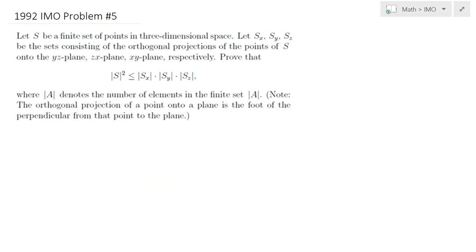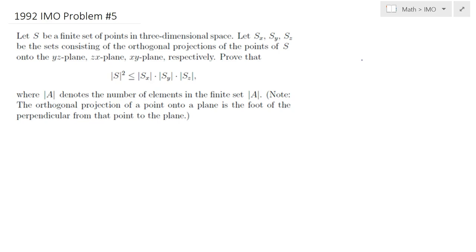Hello everybody, in this lecture we will be solving 1992 IMO problem number 5. Here is a view of this problem. Let S be a finite set of points in three-dimensional space. Let S sub x, S sub y, and S sub z be the sets consisting of the orthogonal projections of the points of S onto the YZ plane, ZX plane, and XY plane respectively, and we would like to prove